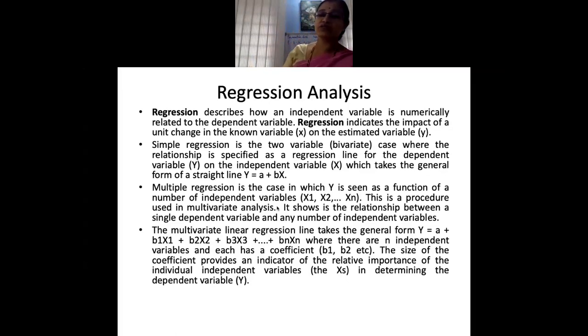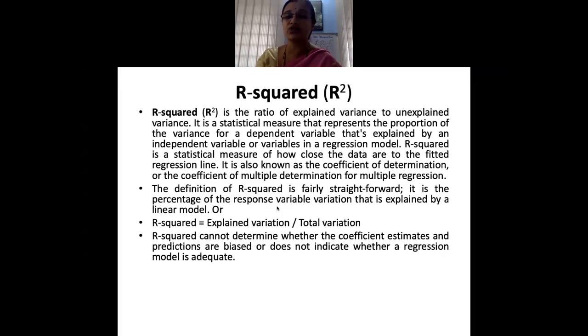For all that, you have SPSS and the R package, which will give you the results. The only thing is, based on the numbers, you will have to interpret what your variance is. Now, the most important thing you arrive at when it comes to regression is your R square and adjusted R square. Now again, what is R square and adjusted R square? It's nothing but how you understand your explained variance and your unexplained variance. So it's the total of your explained variance divided by the total variance.